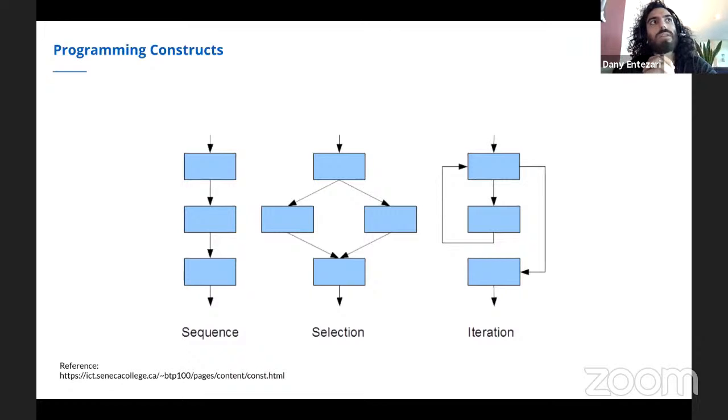Okay, so let me give you a simple definition for all of these three things we talked about. We talked about algorithms, data structures, and programming constructs. Algorithms, I told you, is just a sequence of steps.